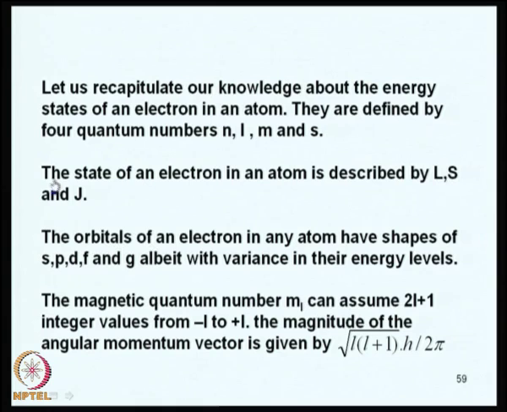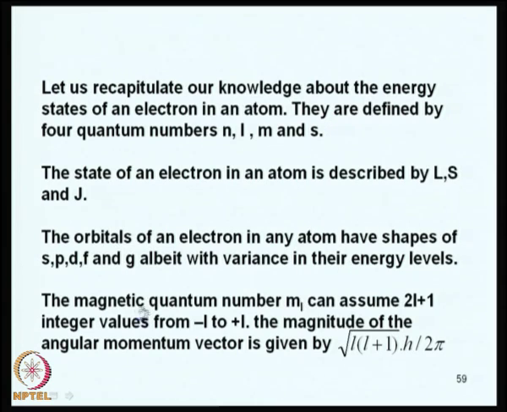The state of an electron in an atom is described by L, S and J. That means the energy levels are described by these terms. They are denoted by capital L, S and J. Now, the orbitals of an electron in any atom have shapes of s, p, d, f and g orbitals, albeit with variance in their energy levels. It is all the same